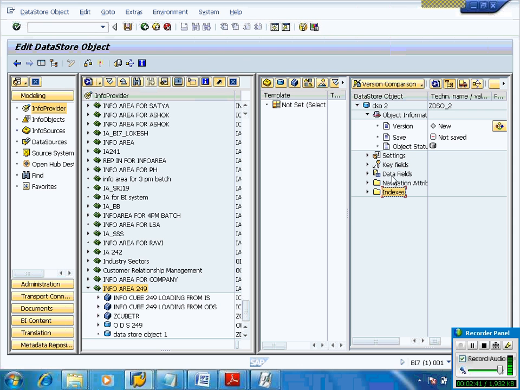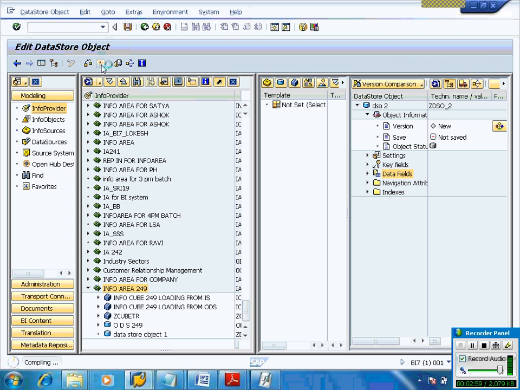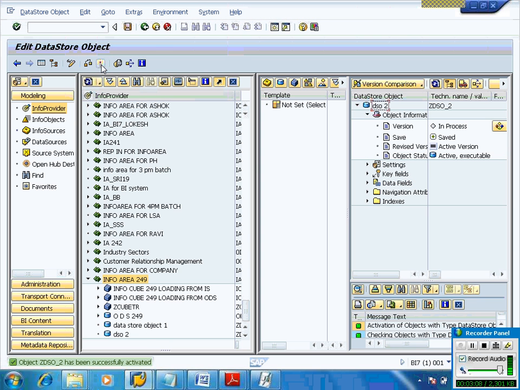Now I am coming up with another info object called DTS time. See, one DSO created using representative ID and tax and salary, and the second DSO created using representative ID and professional tax.